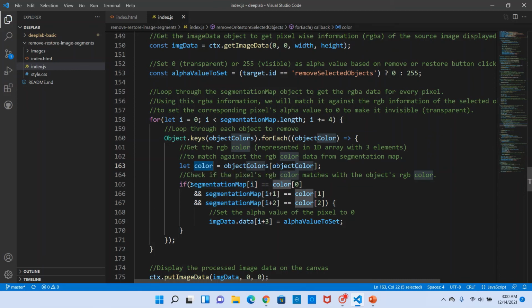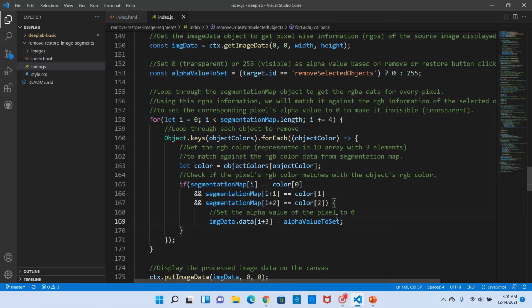So we compare the RGB color value from the segmentation map corresponding to a pixel to that of the RGB color value of the selected object in this loop. So if this matches, in that case, we set the source image data that we got here, the image data of the source image. That image's alpha value for that pixel is set to whatever button was clicked, 0 or 255. In this way, we keep doing it for each of the selected objects for each and every pixel,